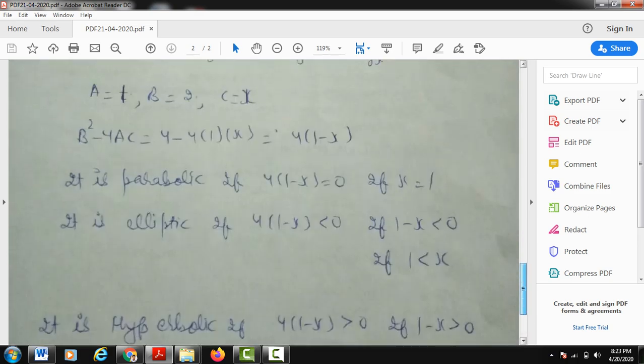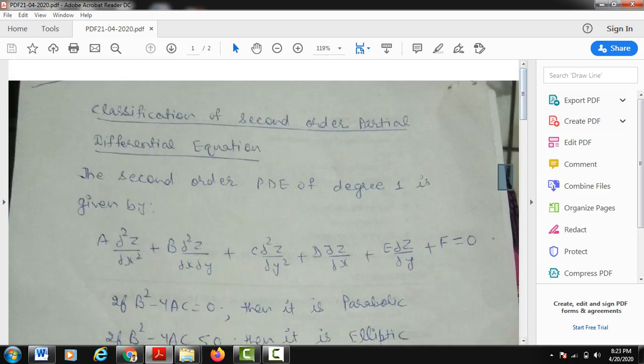So students, again I am telling you the content of the whole lecture. In short, we are just discussing here the classification of second order partial differential equations. First of all, you must also know the symbols for the partial differential equations that I am telling you. Small p stands for curly z over curly x. Small q stands for curly z over curly y. Then r is for curly 2z over curly x square. Then s is for curly 2z over curly x curly y, and t means curly 2z over curly y square.